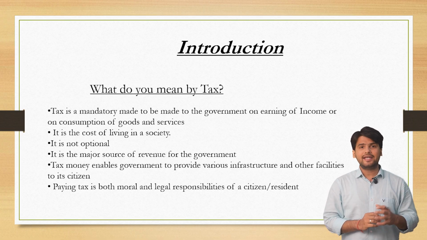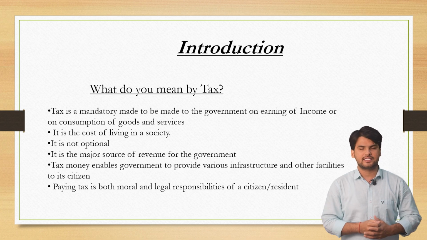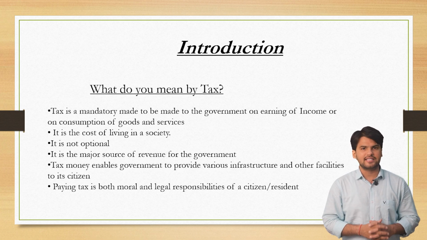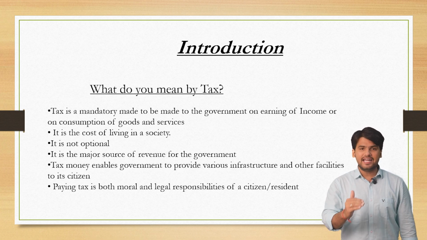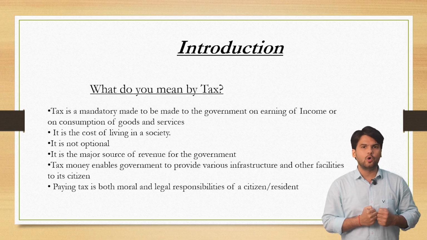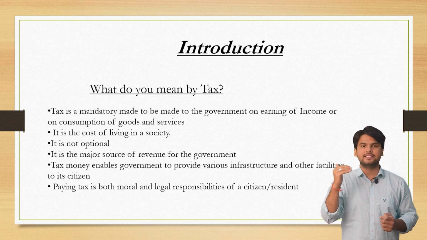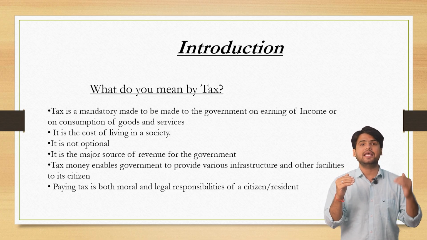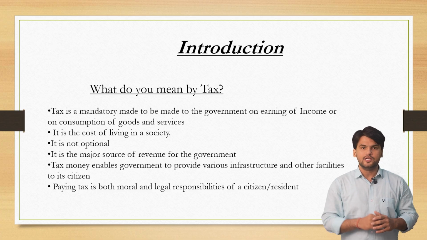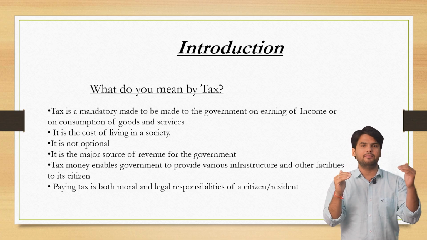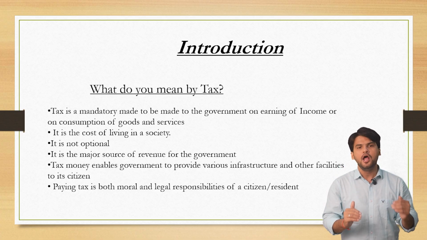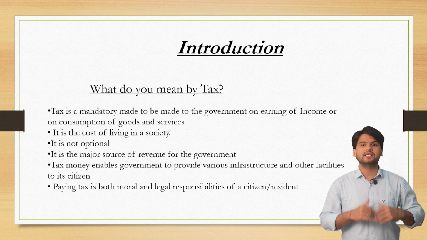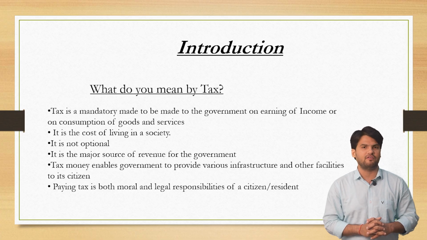Friends, direct tax is a progressive tax. What is the meaning of progressive tax? It means that the tax rate will be lower when your income is lower. When your income increases, the tax rate increases in proportion to that. So the more your income, the higher will be the taxes, and the lower your income, the lower will be the taxes. That is the meaning of a progressive system of tax.